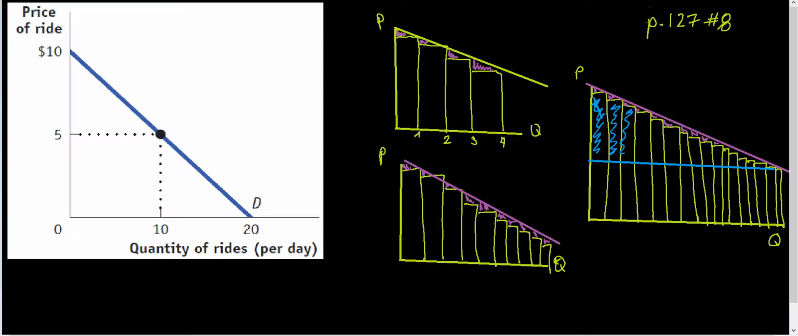In this video, I'm going to do Krugman and Wells Microeconomics, page 127, number 8. So I've copied the image that they give you onto this video. But before I get started with the problem, I just want to call attention to and explain why we have